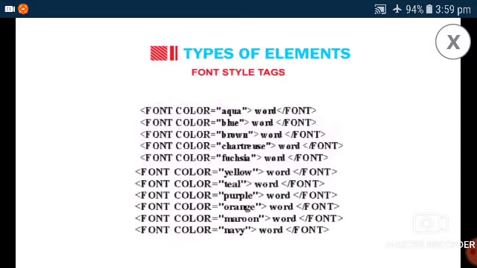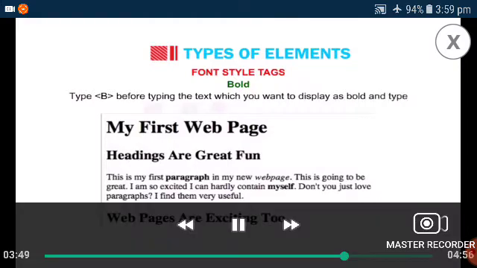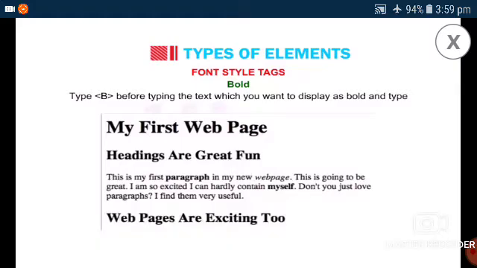HR. And the next one is the types of elements. What is that one? Types of elements. Font style. See, the bold tag is used when you want to display text as bold. Type the opening tag before typing the text which you want to display as bold. In our web page, if I want the font style bold, what do we do? See here, my first web page heading.